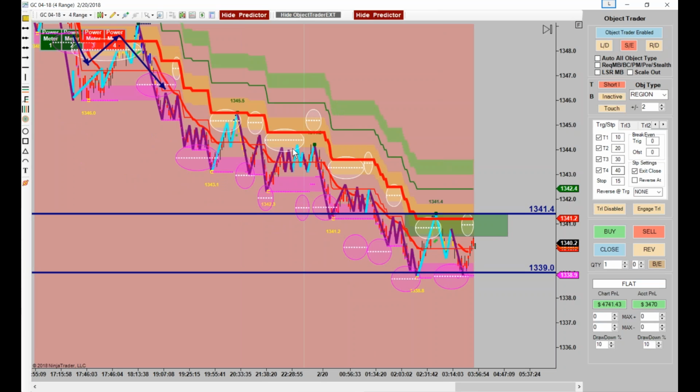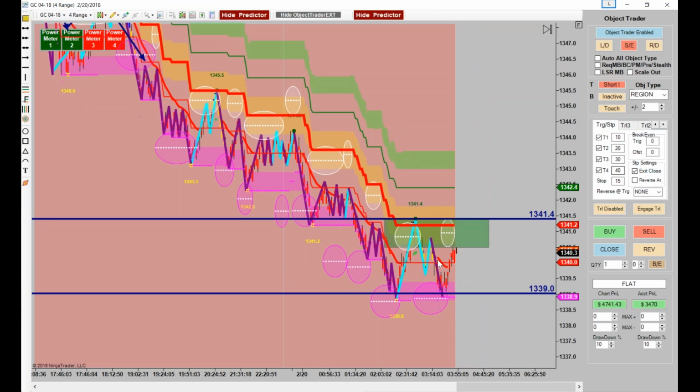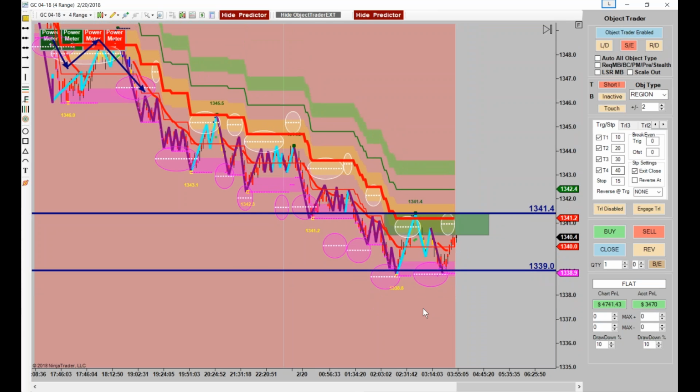Okay, see this predictor? Rolls over, takes out the low over here to the left. That's a good predictor. So this predictor was okay because it had taken out lows too, right? This one has not taken out any lows. So I don't trust this predictor near as much as I trust the ones that take out the lows. Okay? Because we could just chop around now for a while because it looks like it's already been down quite a bit, lots of money.